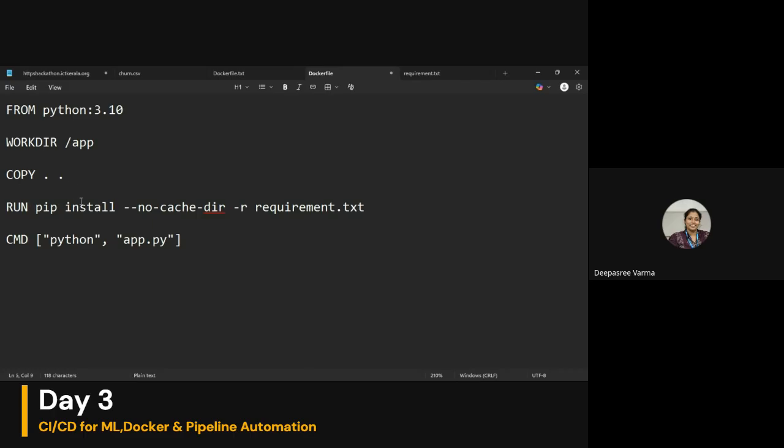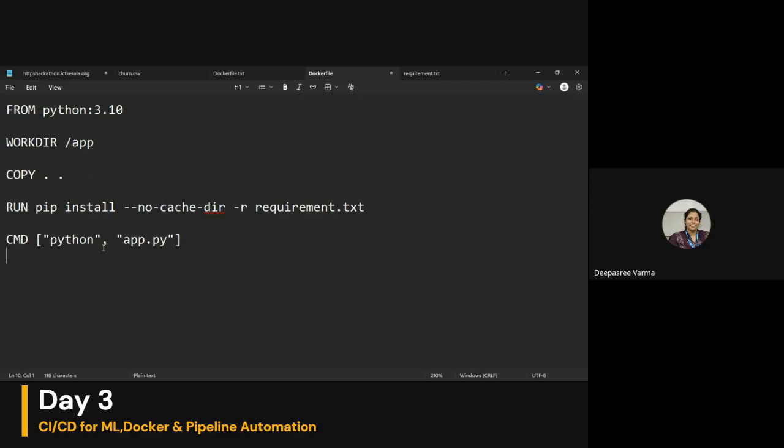And whenever this is run, we need to run pip install -r requirement.txt. You may be remembering yesterday we did this manually. We did this pip install requirement.txt. All the required packages or libraries were written in requirement.txt, and we just ran this manually. So now instead of that, I am giving in the Docker file that we need to run this first. So first this must be run. After that, we should run python app.py. Once you run python app.py, the application will be run.